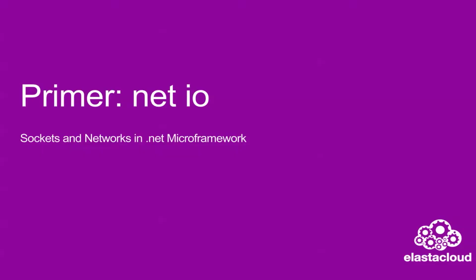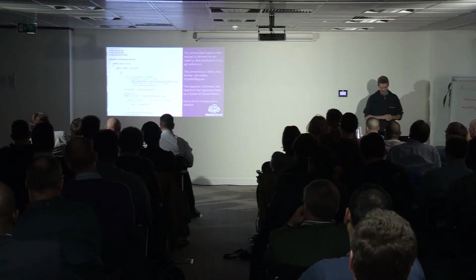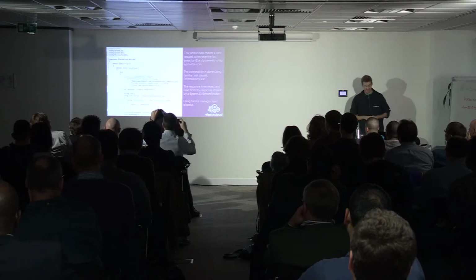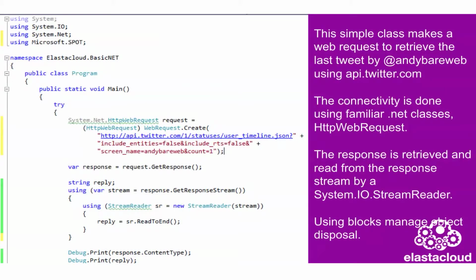And then lastly, we're trying to communicate to the cloud. As we found out on our cloud day, where we didn't have any network access, it's very hard if you can't do network access to communicate with the cloud. So we need to have NetIO, which is network input-output, sockets and all that kind of jazz. And quite unsurprisingly, it's really simple. It is using the System.Net.Http web requests. You know, the thing which is built into the standard .NET framework. You can use it in pretty much exactly the same way.